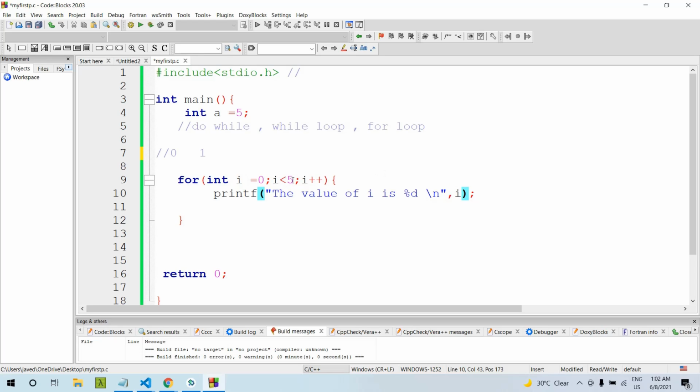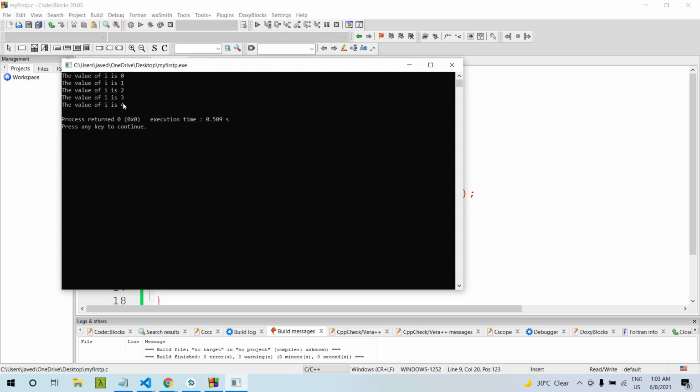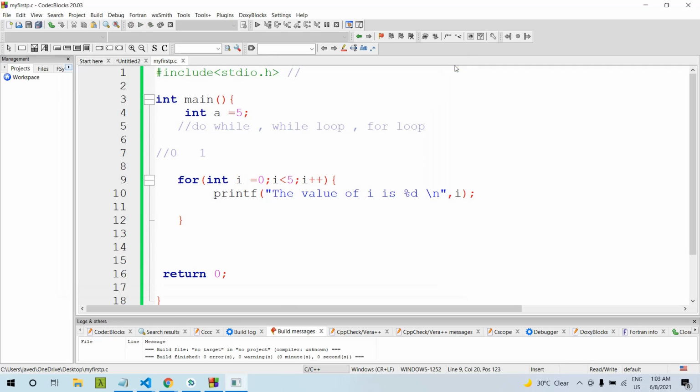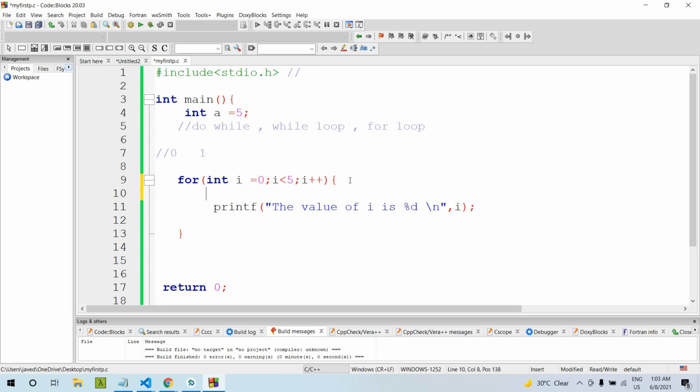Then 3 less than 5, print the value 3, then increment by one. Then 4 less than 5, yes, true, print the value 4. Then i plus plus, the value of i is 5, and 5 less than 5 is false. It will not print the value of i. You can check here, it prints up to 4. I hope you understand how the flow works.